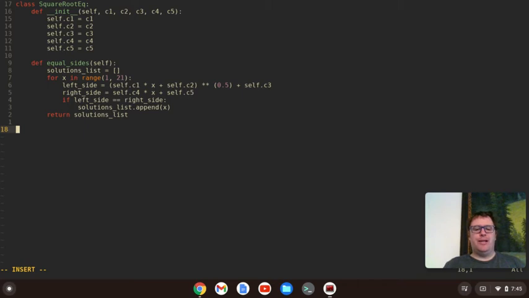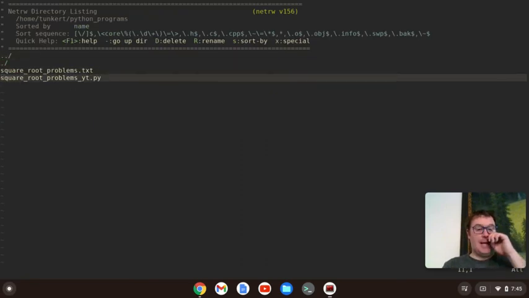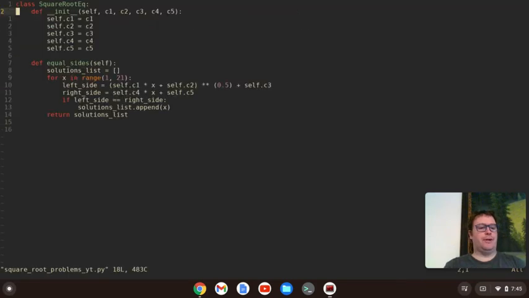Now what we're going to do is open our text file for writing. Okay, and let me save this for right now, and let's just see. So we have square root problems.txt. We want to open that one for writing. Okay, so the way we do that is we can set a variable like file1, and we can say open